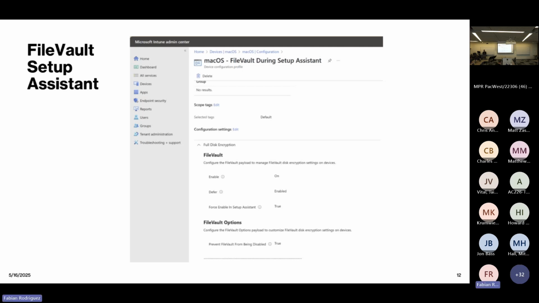Cool. So I'll just move forward with the FileVault setup assistant. Say you're getting some new devices and you want to make sure that they are encrypted with FileVault during the setup assistant. What do we have to do? We can create a configuration profile